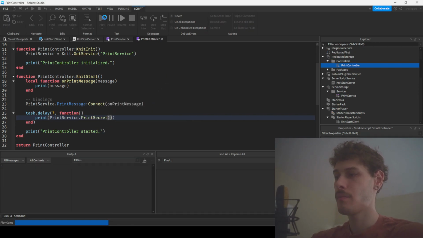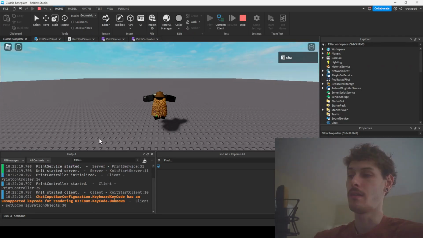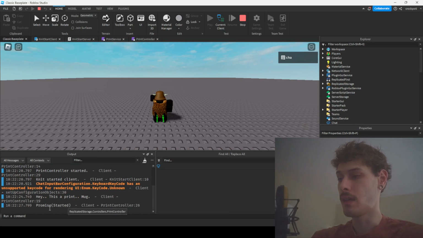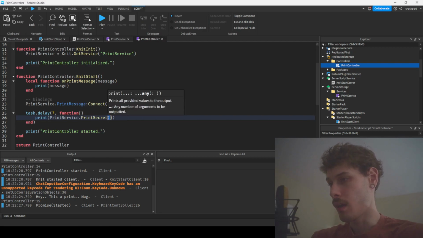Print service dot print secret. So we should be getting our secret. That should be our secret coming in, right? Because it's a remote function. So, hey, this is a print mug printed, and then promise started. Okay, that's not it. So let's go ahead and